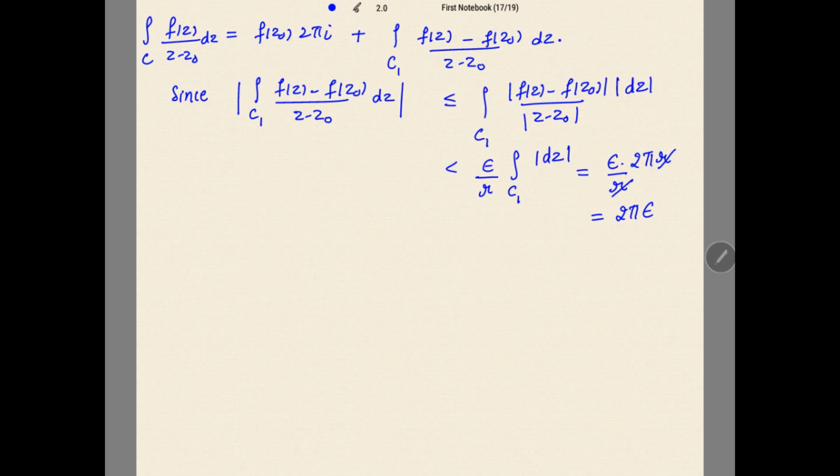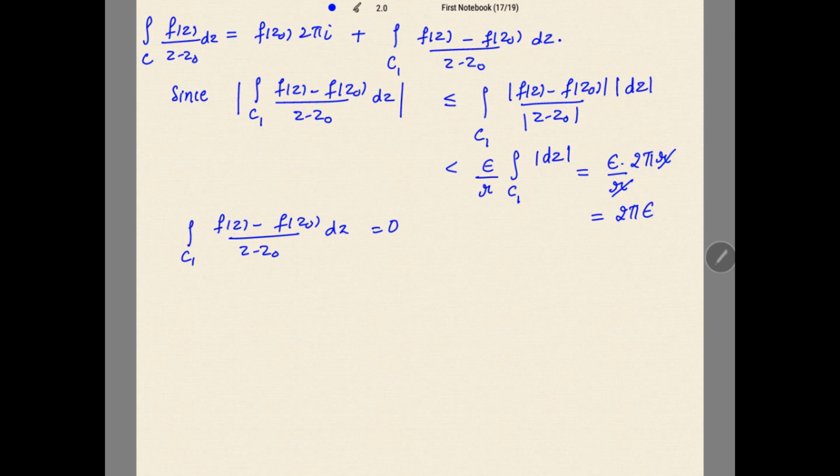Now 2 pi epsilon is positive, and epsilon is also taken as positive. Epsilon can be any small positive real number, for example 0.000234 and so on. You can take any epsilon as required. So this mod is strictly less than 2 pi epsilon. Without this mod, can I take this as the integral of f of z minus f of z naught over z minus z naught dz? This is equal to 0 because the mod of this thing is less than 2 pi epsilon,